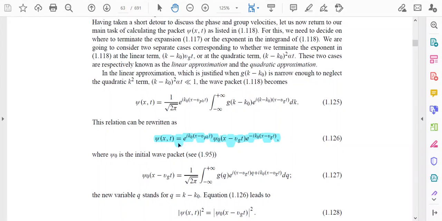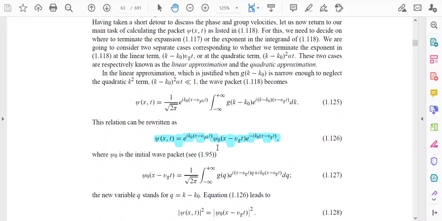In this way we can write this equation. So why have we written it in this format? Because what was psi 0x, that I have already shown you in the beginning of the lecture. There is an expression of psi 0x given in equation 1.95. So I request you to look at that equation again. If psi 0x can be expressed in that way, then we can write the expression given in